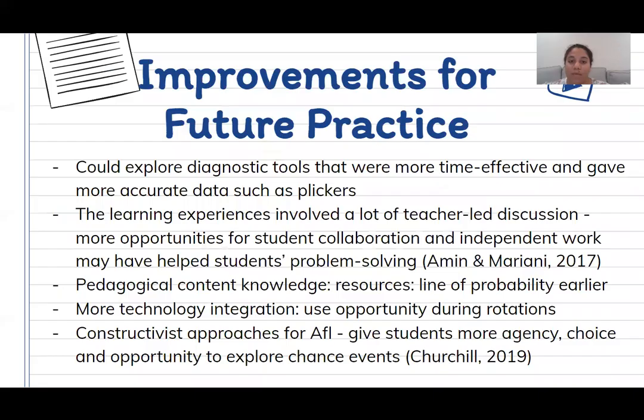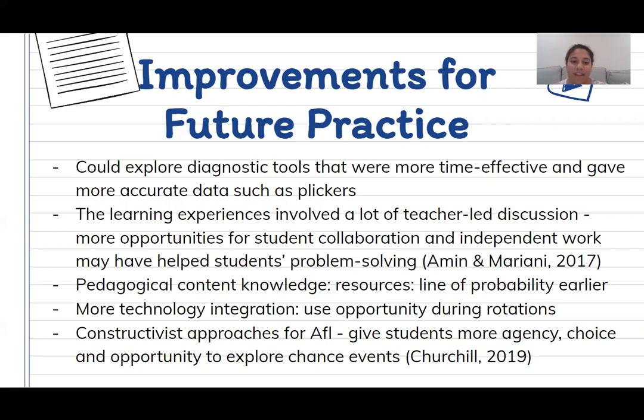And then when we look on to the improvements for future practice, what I really found was that using more quantitative diagnostic tools for the multi-choice questions, like clickers, which are a technology one, in conjunction with a tick and flick would have given me more timely data, and it would have made sure that no one went under the radar. The diagnostic just didn't assess reasoning, and I think that created a time constraint that wasn't necessary, so I could improve on that. The learning experiences were mostly whole class. I did let a couple of students continue to fly under the radar in a sense when you look at the data, even though I recognized that they were struggling with the concept.